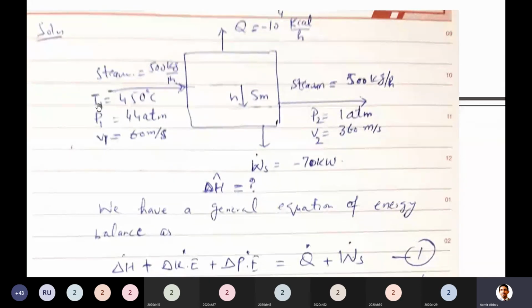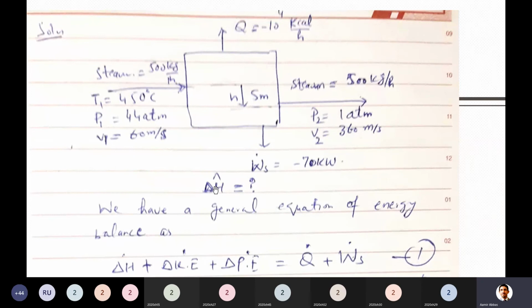Right, I have drawn the same diagram. First of all, you can also draw the diagram: steam flow rate is 500 kilogram per hour. As I told you, whether he mentions it or not, outlet flow rate will be 500 kilogram per hour. If they provide any equipment in which some storage takes place, definitely that should be mentioned, but nothing like this was mentioned in our problem. It means all steam coming in will be leaving the system. Other conditions are the same: heat is lost from the system and work is performed.